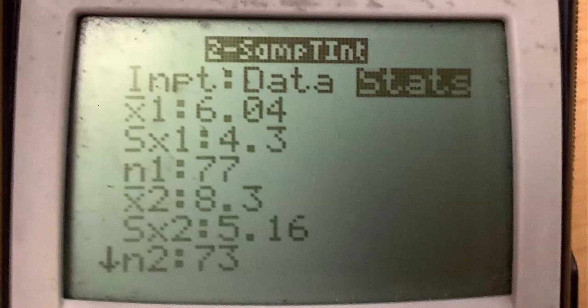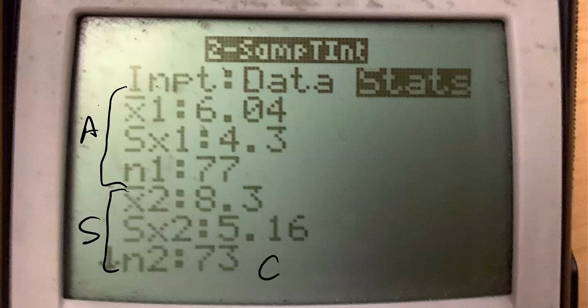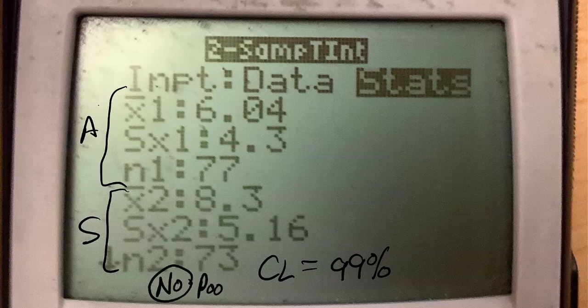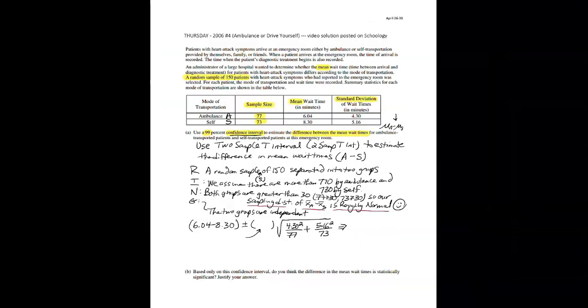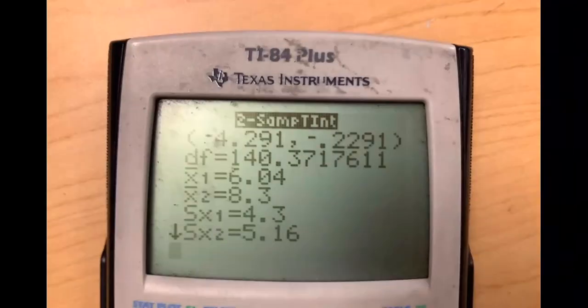We have ambulance information I put first, and then the self information I did next. Make sure for the confidence level you do 99%, and then we always say no to pooled. We don't know that the population variances are the same, so we say no, don't combine the sample variances. And I get this answer,